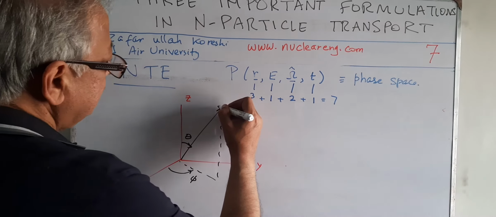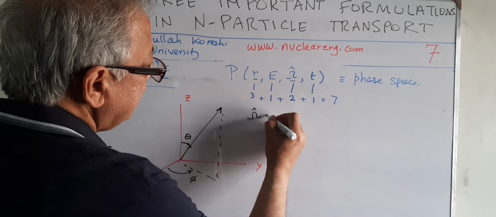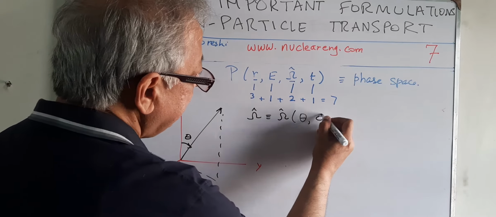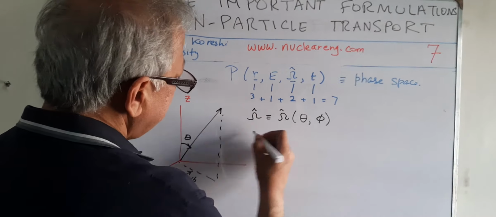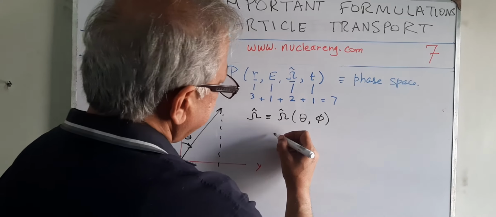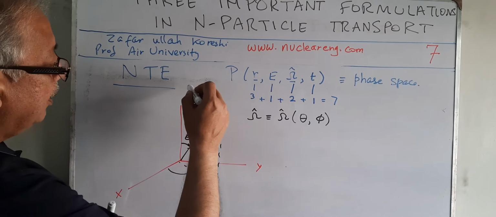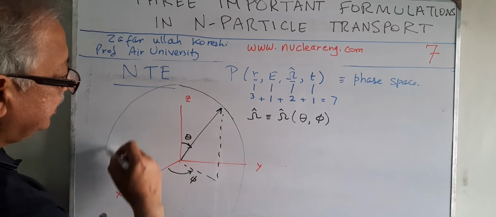It's going in this direction, and so omega is now a function of theta and phi. If you look at the solid angle of a sphere over here,